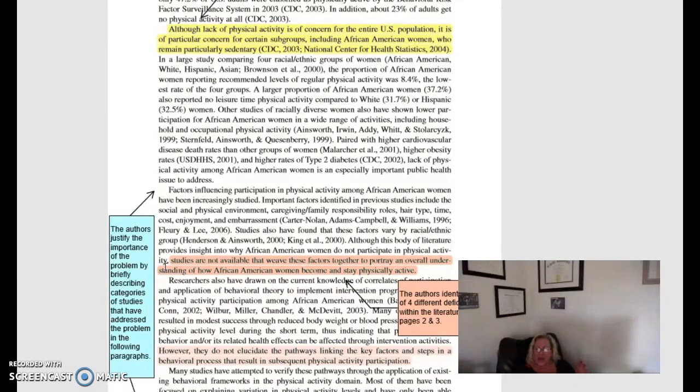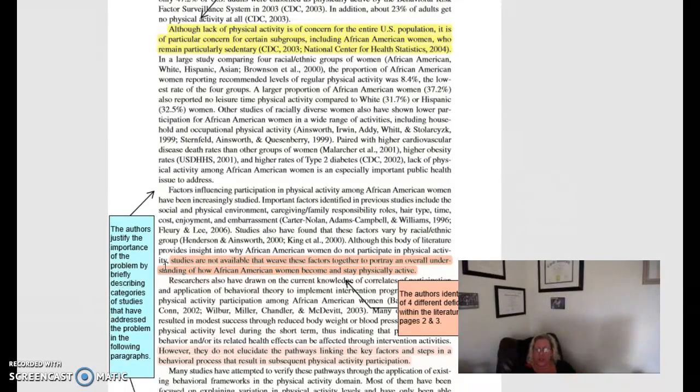They're identifying a deficiency, and that's what you want to do. People have studied your topic. Whatever it is, someone has studied it, I guarantee you. What you want to do is identify a gap or a deficiency,